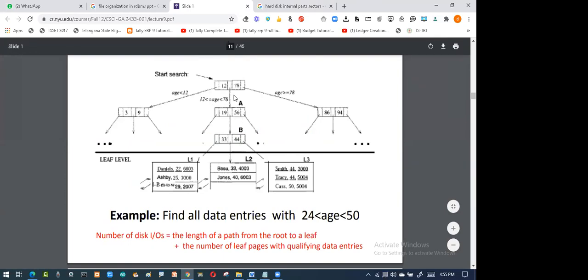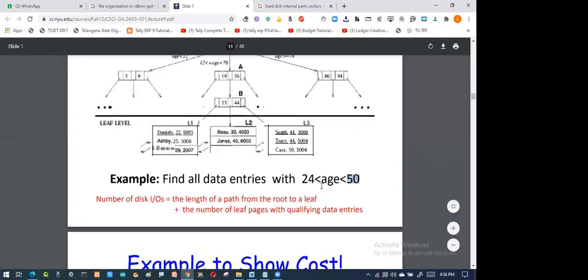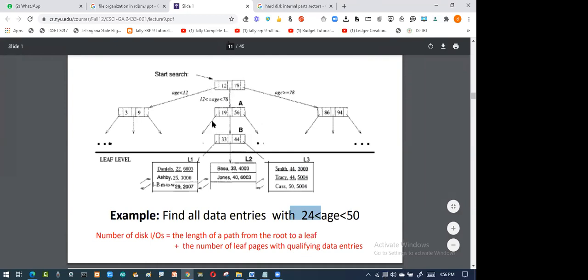So from here, this is one level, then level 2, level 3. So like this, we call the path. This line you're seeing, this straight line, we call this a path. So from here to here, this path, first level, second level, third level. I should know where this 50 is fitted or where this 24 is fitted. I have to get the count of that particular root to leaf path, so how many levels you are crossing. If I want 50, 24, it is in this particular area. So this is 19. The path will come from here to here, and I'll get it.